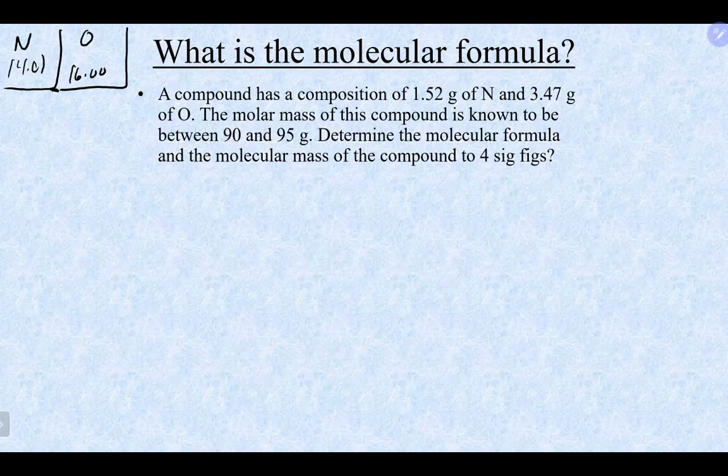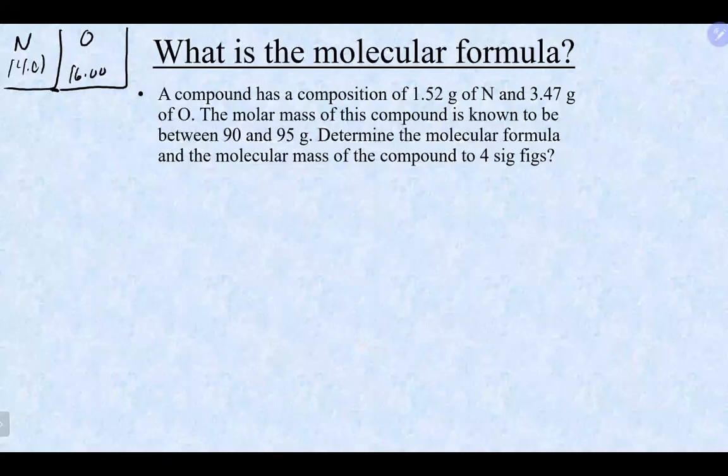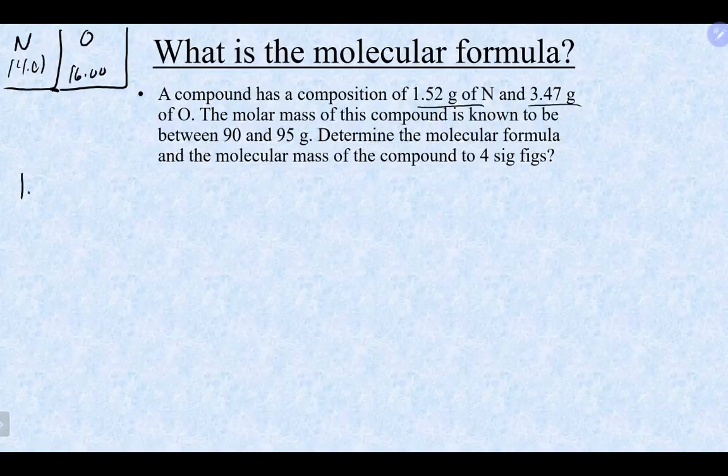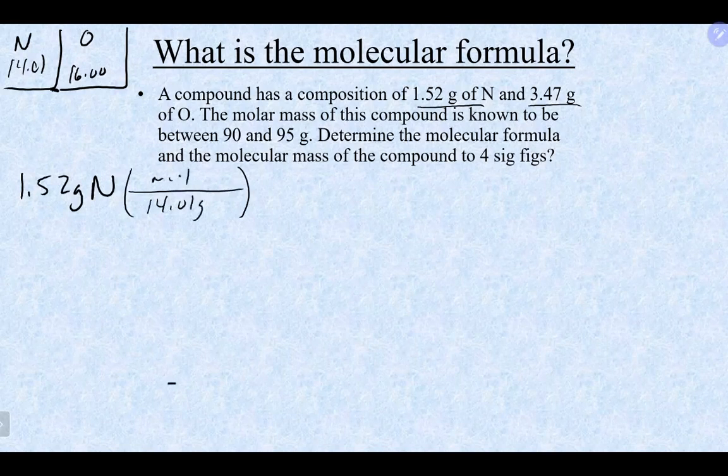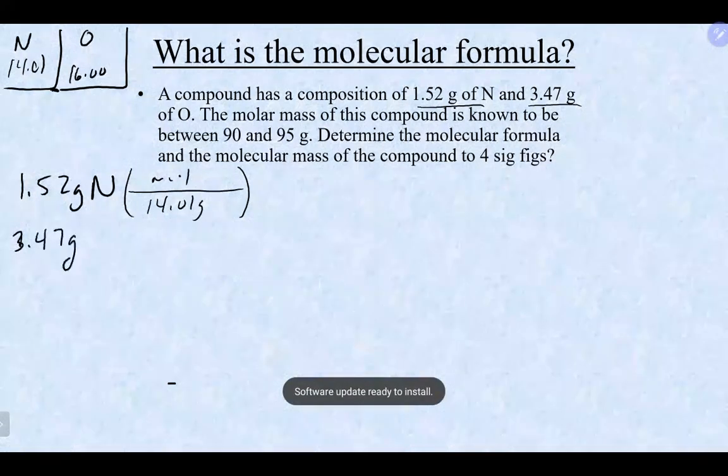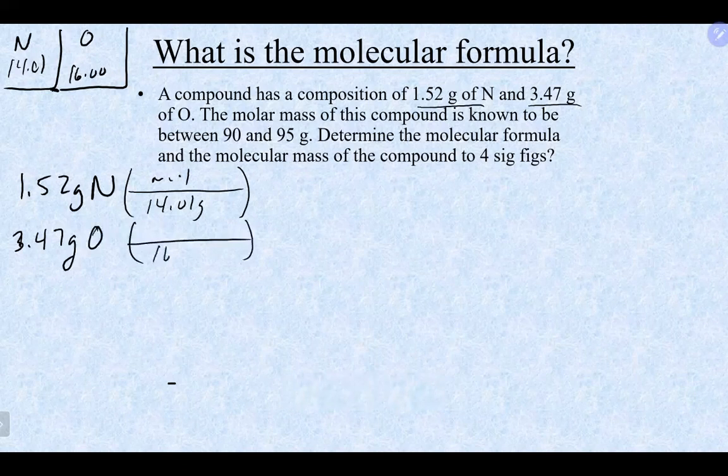Okay, let's take a look. So once again, we do need to calculate the empirical formula, so that's a good place to start. So we'll take our 1.52 grams of nitrogen. We're going to convert it into moles. We're also going to take our 3.47 grams of oxygen, convert that into moles as well. That's going to give us 1.52 divided by 14.01,